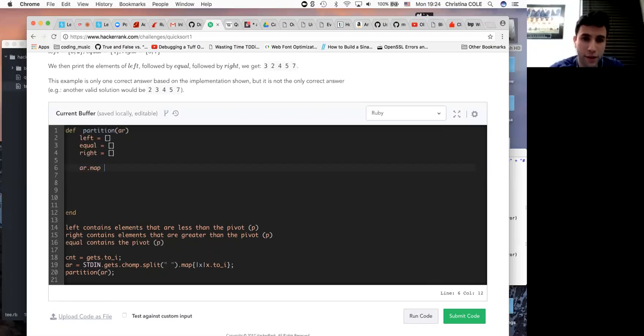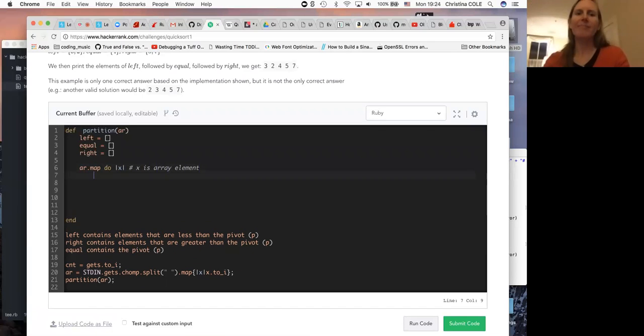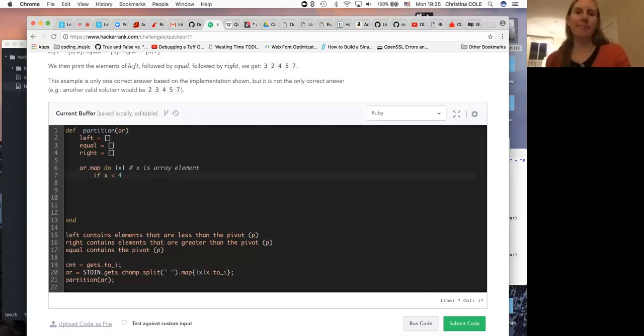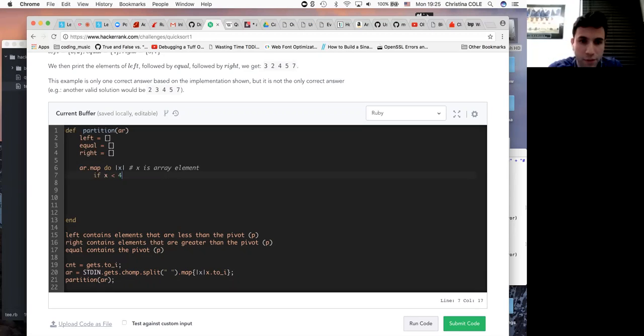We'll find out. And then you can do, yeah, arr.map do, and then you can put the replacement argument to be x. And do if x is less than 4, because that's our partition. Is that the name that we're using? The pivot, actually. The pivot. Okay, my bad. If x is less than 4,